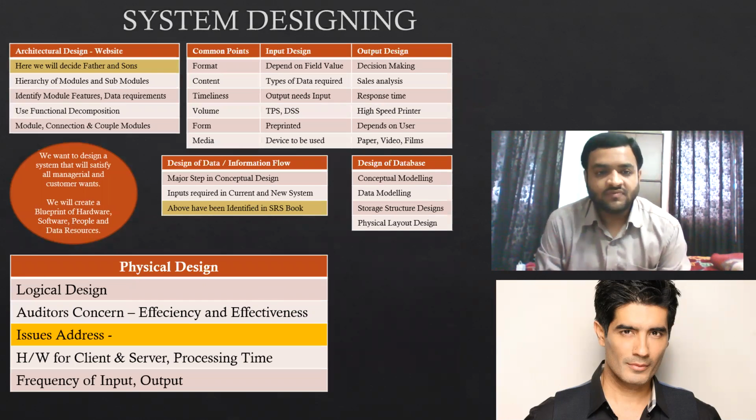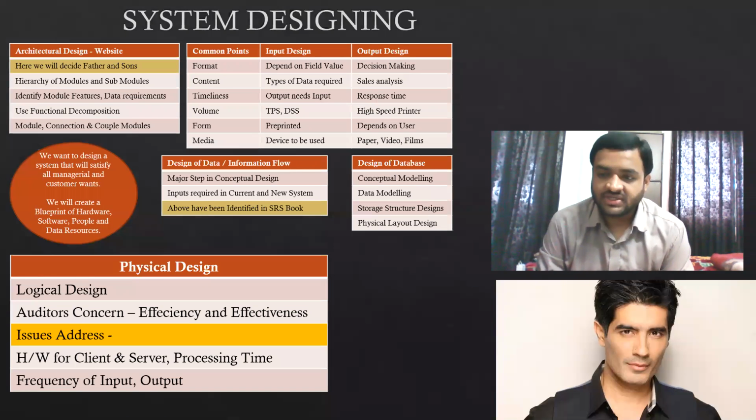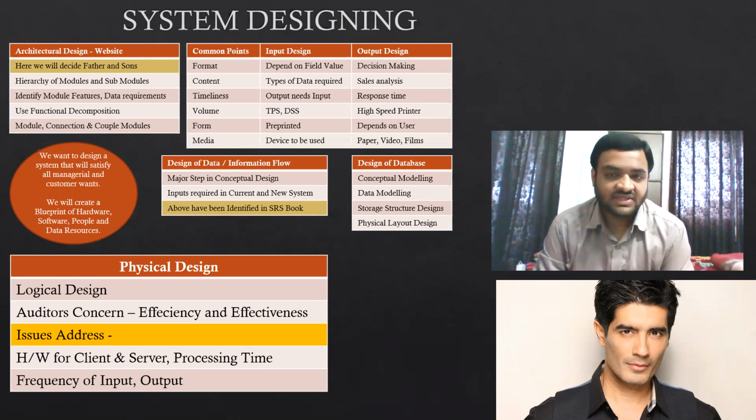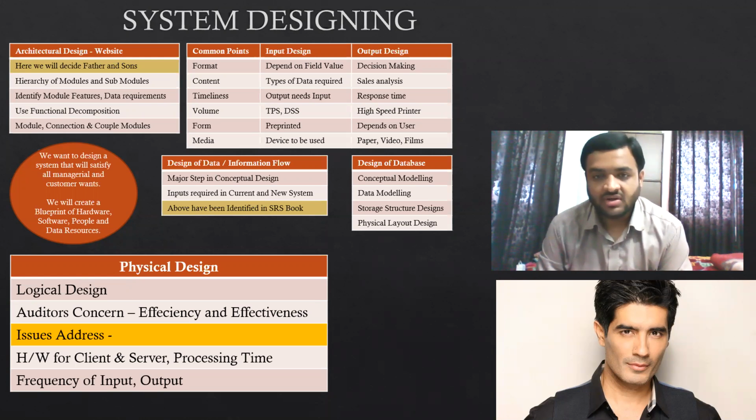Now we have seen what is conceptual design, how to do data modeling and all. Now we will see how to do a physical design. First we will prepare a logical design and then we will convert it into a physical design. We will have softwares to prepare a logical design. Now, how to prepare a physical design? They have already told that use a logical design, use a software, and then convert it into a physical design.